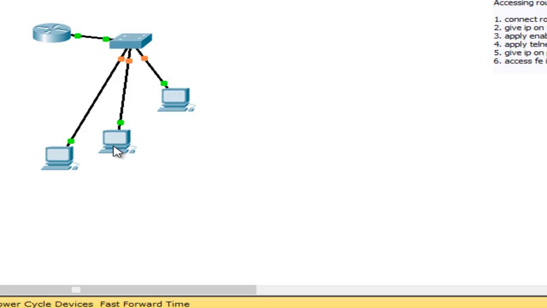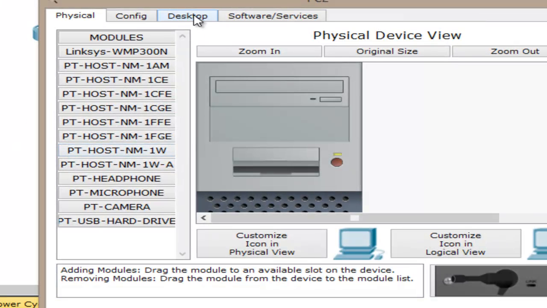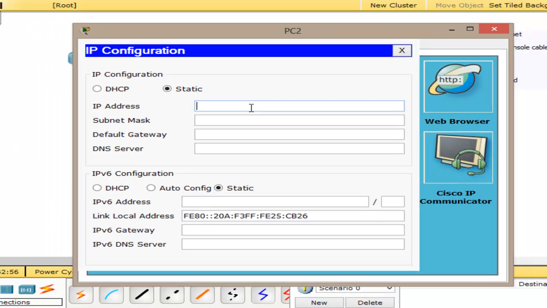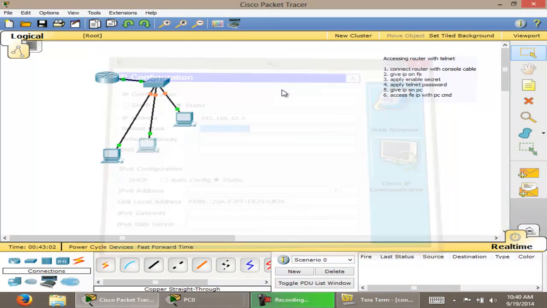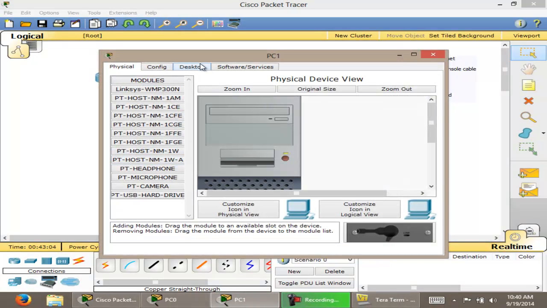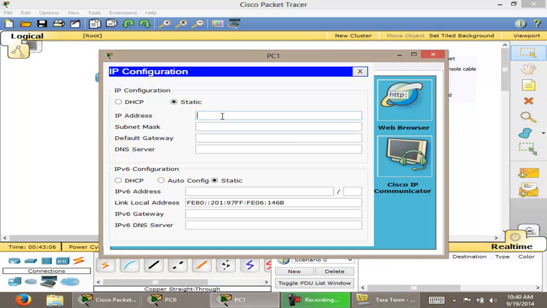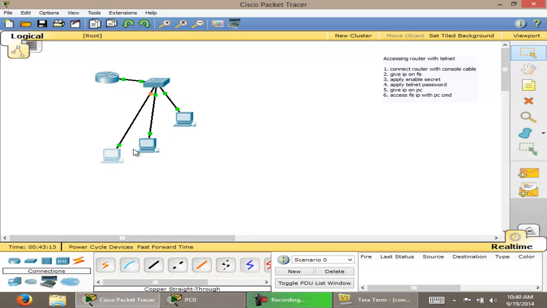This PC already has an IP. On this PC I will give the same network IP, 192.168.10.3. So these PCs can also access the router command prompt with telnet.